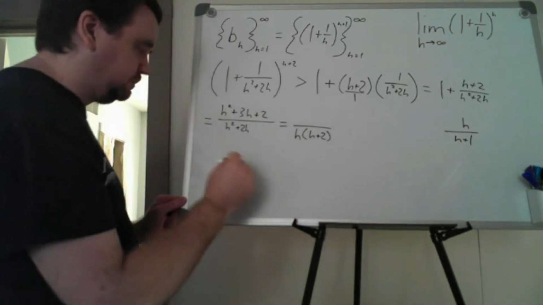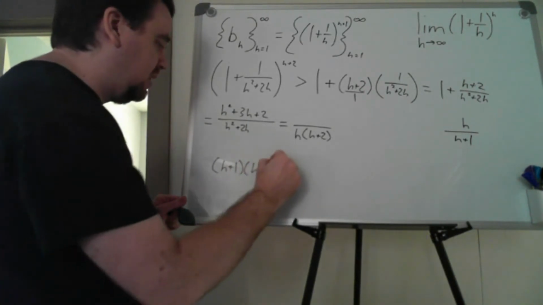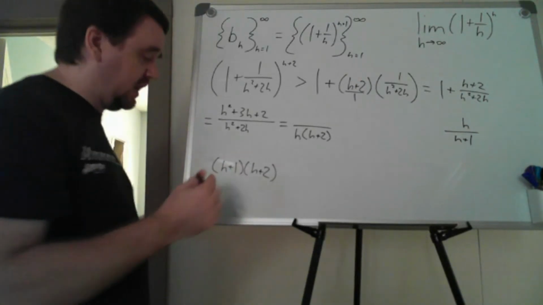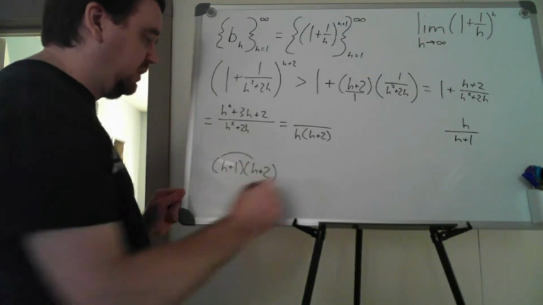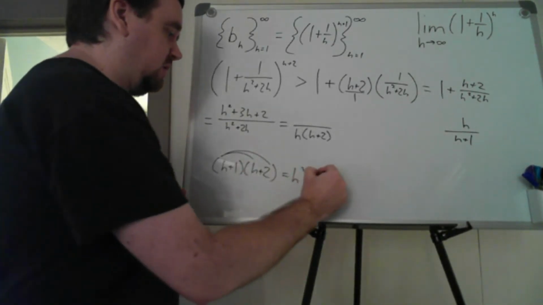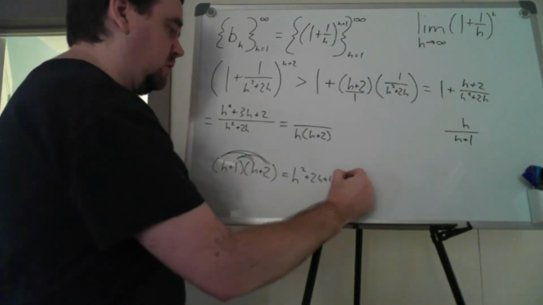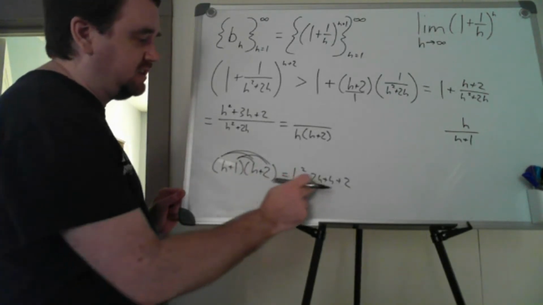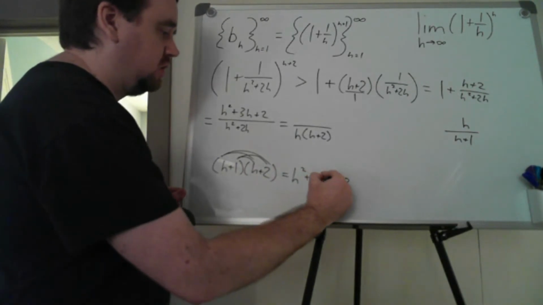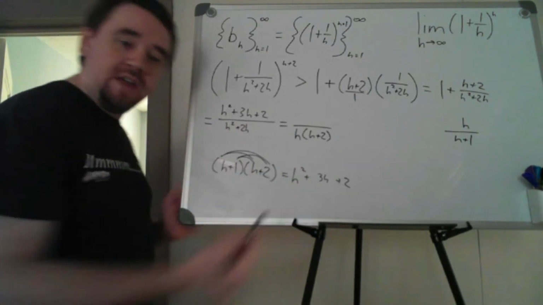Well, let's write that out. In the numerator, I'm saying I should have something that looks like this: h plus 1 times h plus 2. Let's expand it out and see what that looks like. All right, h times h, that's h squared. Then h times 2, that's 2h. 1 times h, that's h. 1 times 2, that's 2. Combine like terms in the middle, 2h plus h, that's just 3h. Wait a minute. h squared plus 3h plus 2. That's exactly what I have,